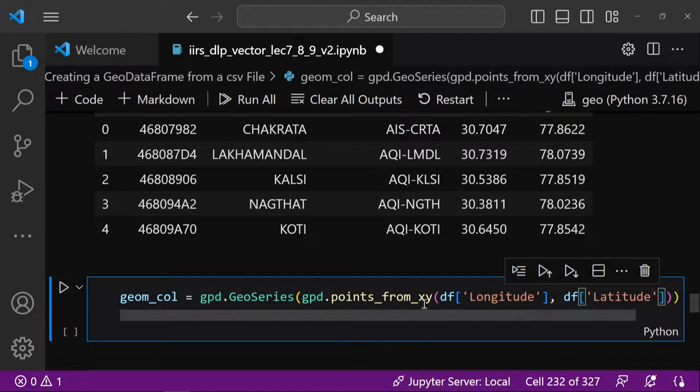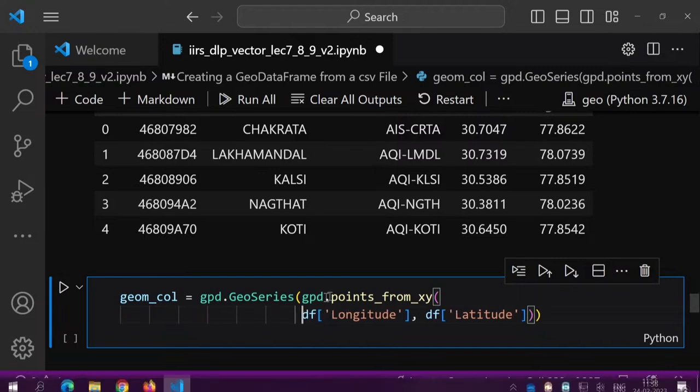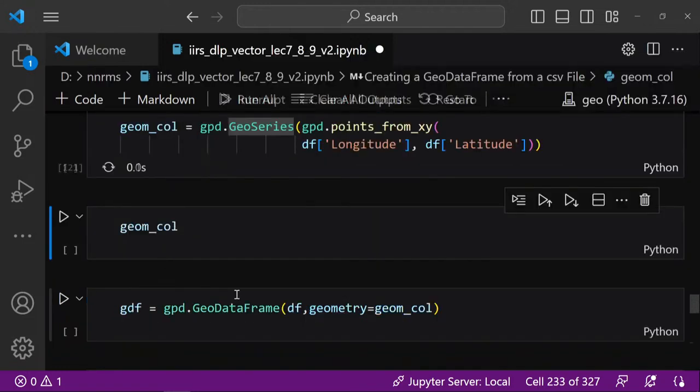So here what we are doing, gpd.points_from_xy is passing the columns df.latitude and df.longitude. All the rows in these two columns will be converted to point geometry, and finally we are combining all these points in a GeoSeries, right? So if I see this,